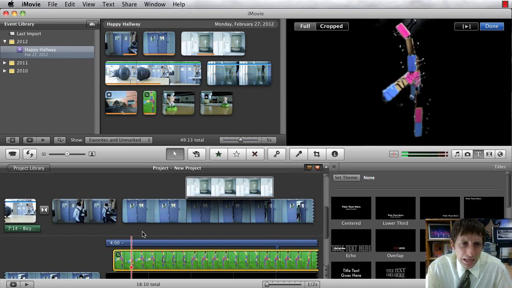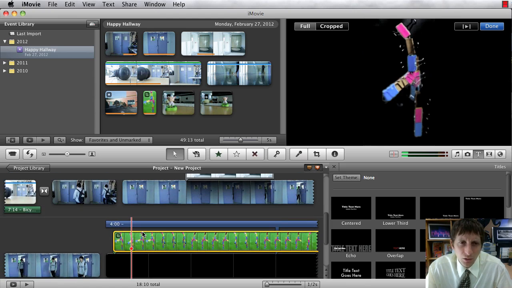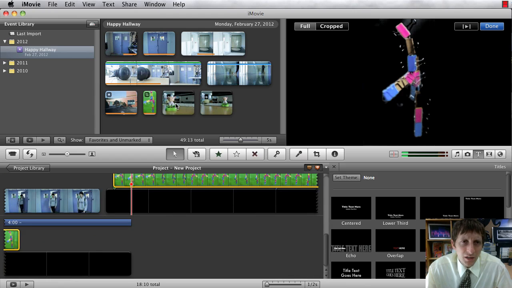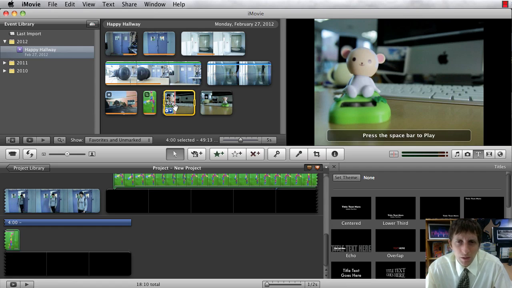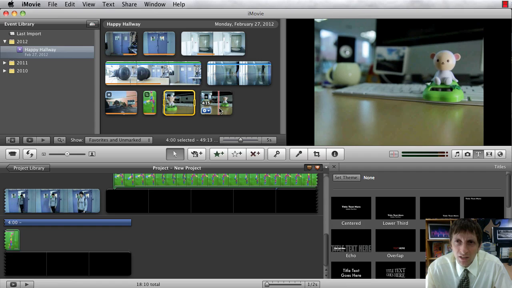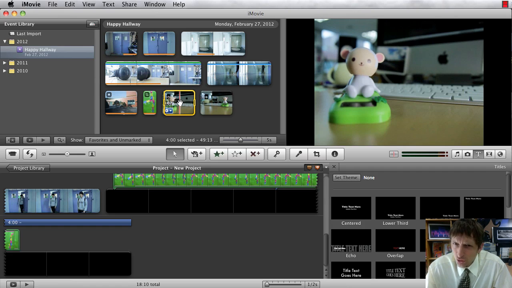Another feature I want to show you guys is the clone effect. So let's say you take a picture, or take a video, of two of the same object, or maybe the same person in two different places. You want to make sure you use a tripod, and that the lighting is exactly the same and you don't move the camera. In this case, I filmed this little nodding monkey, and then I moved them over here. But the one thing you want to avoid is this green. You don't want any green in the monkey if you're going to do the clone effect,